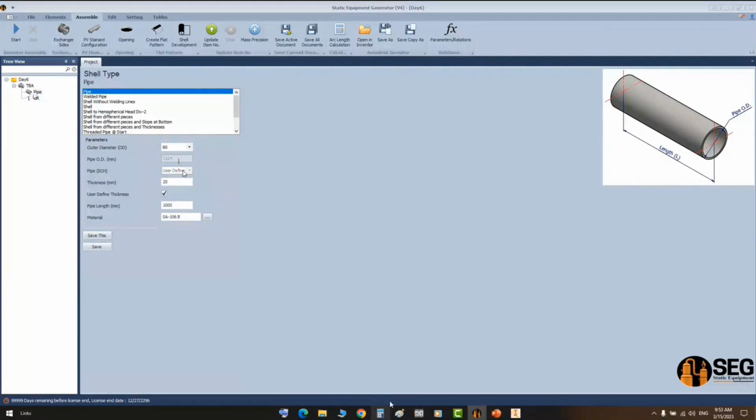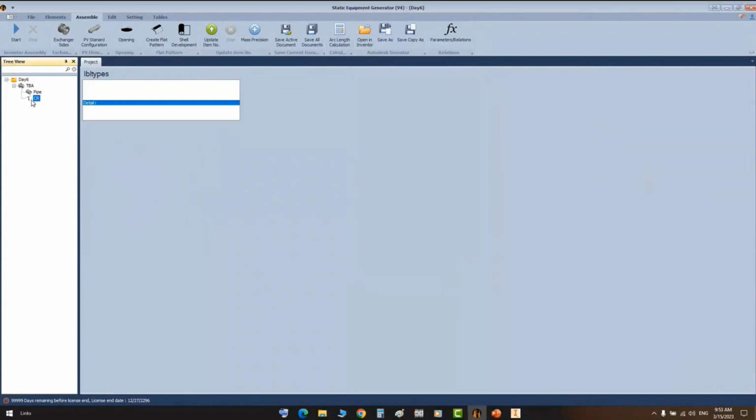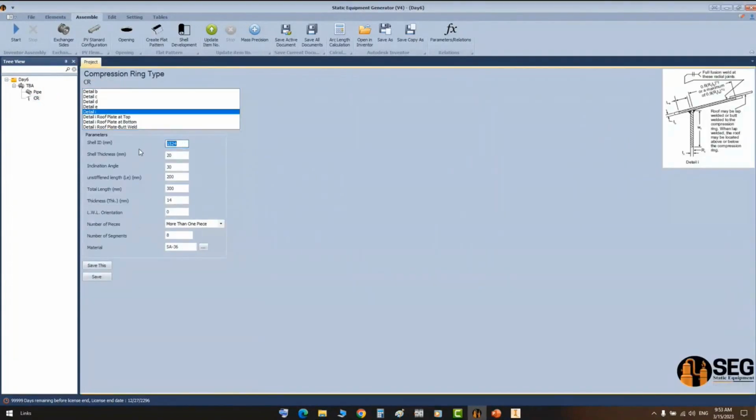Okay, so if we correct this value, to calculate the inside diameter of the shell, minus 40 millimeters, that should be the inside diameter of the can. So we can modify this value here and click on save. And let's change this value to 100 and keep this like that. And when you click on Start Assembly,